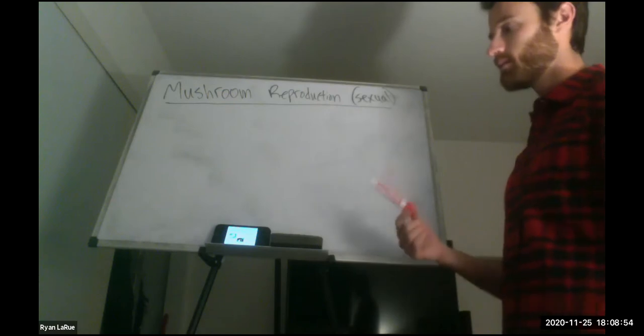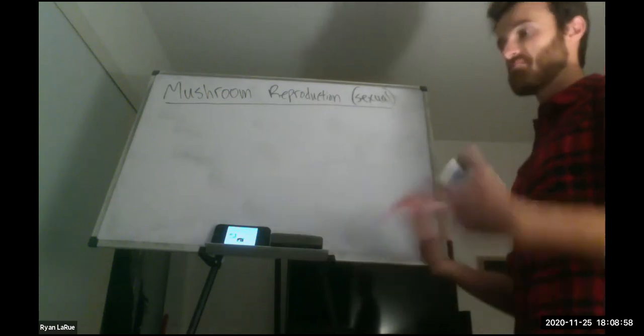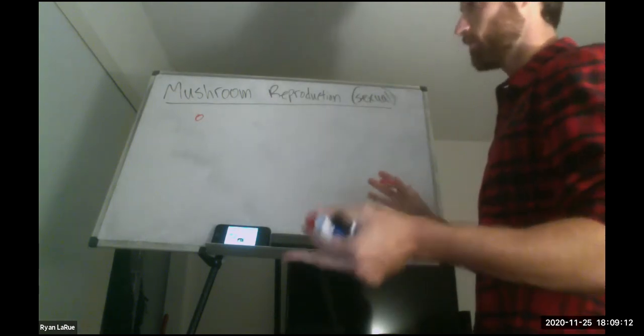We're going to start with spores again, and a spore will be released from mushroom 1. So I'll do it in red there. And mushroom 1's spore, like mold spores, is going to germinate into these hyphae. So this is our hyphae forming.